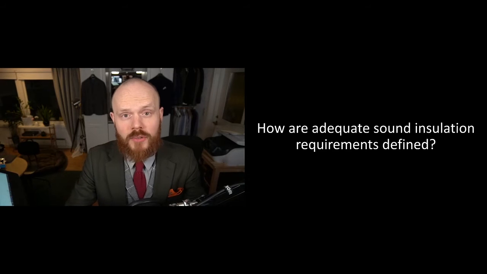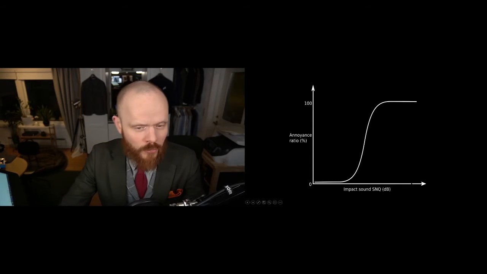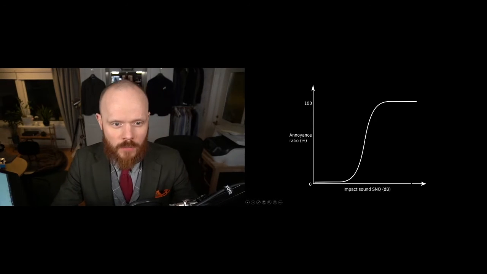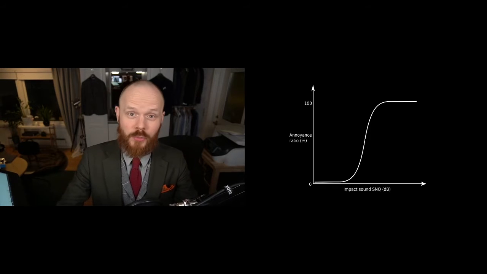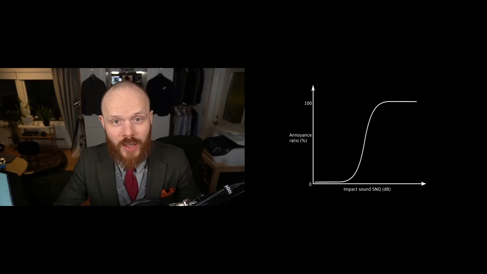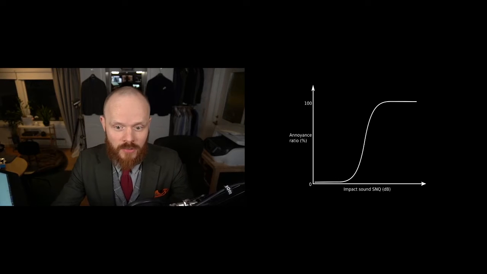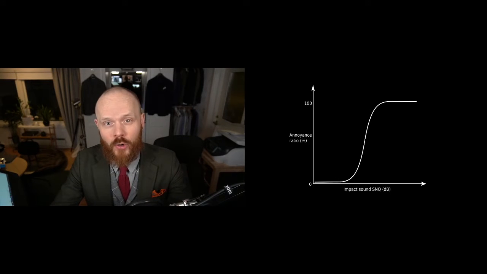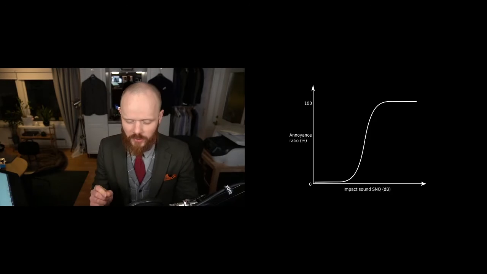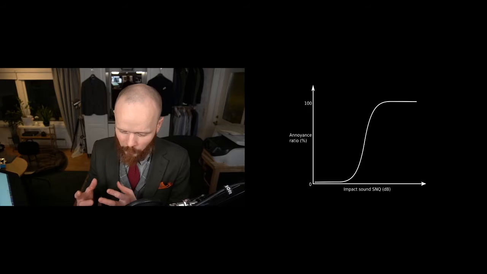How are adequate sound insulation requirements defined? Well, we could look at it like this. Now, if we have annoyance ratio, the percentage of people from 0 to 100 that are annoyed by sound disturbance from their neighbors when they are walking, that's what's called on the x-axis on this graph, impact sound SNQ, which is single number quantity. That is like if we have a decibel value that we get a rating from the walking sound